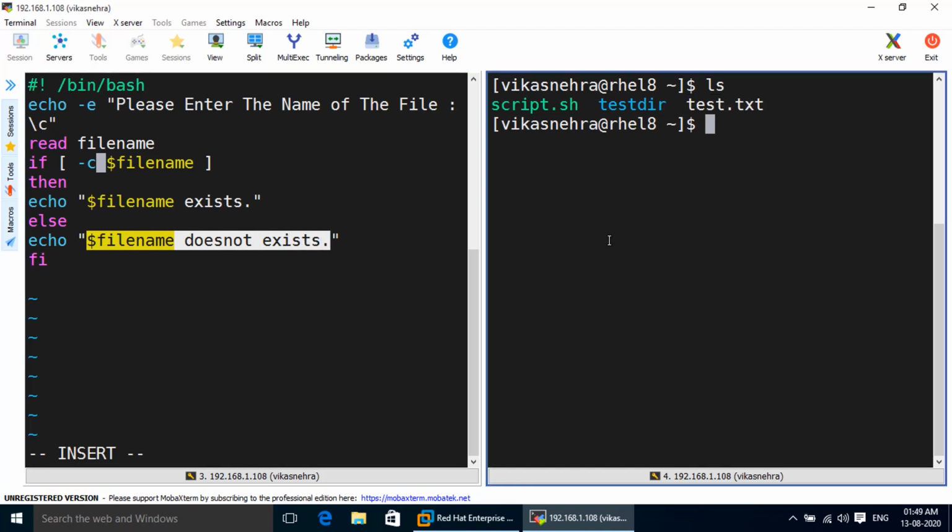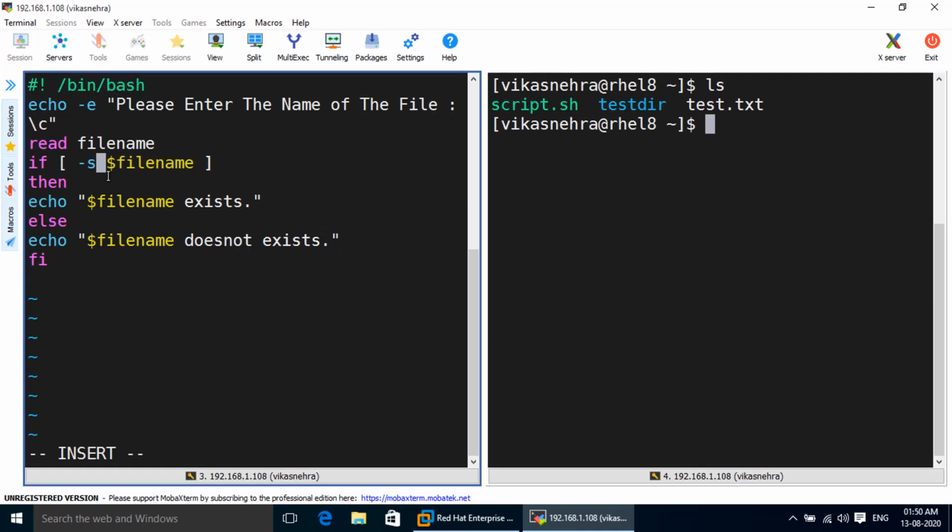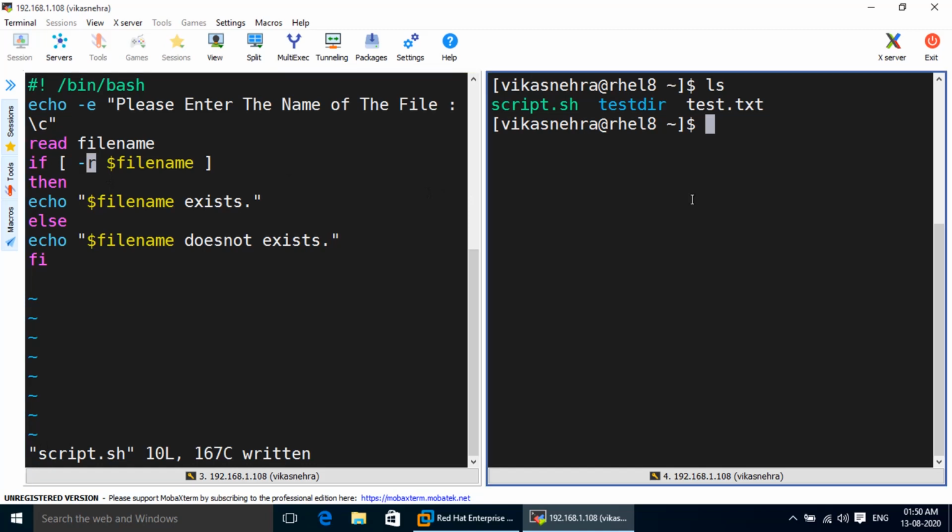We can also use option -s here in the script just to check whether the file is empty or not, and we can also check the file permissions by using different operators. If we use option -r here and save the script, then it will check for the read permission on the file, whether the file has the read permission or not.